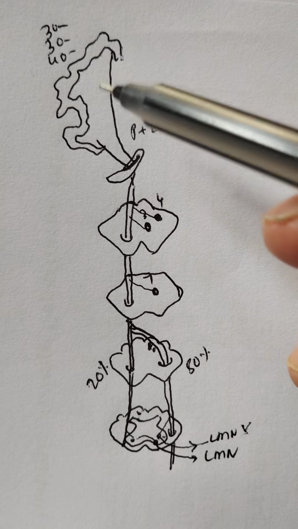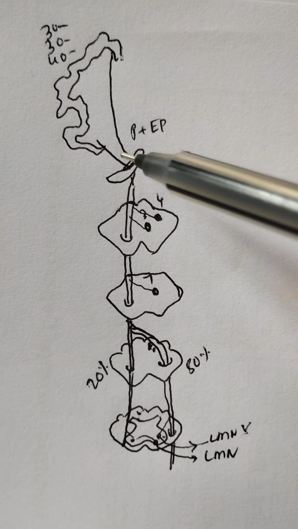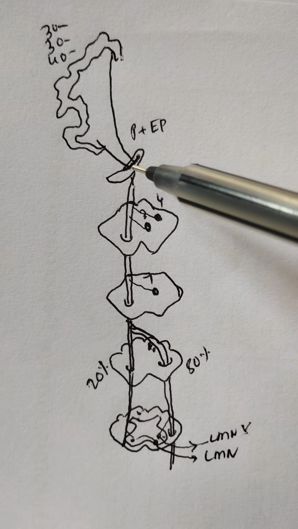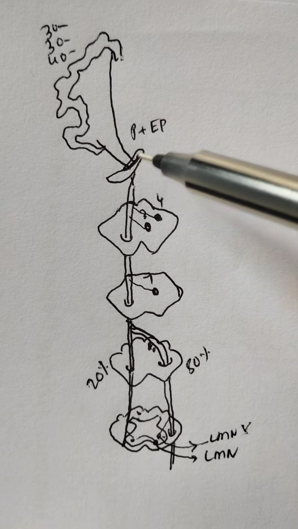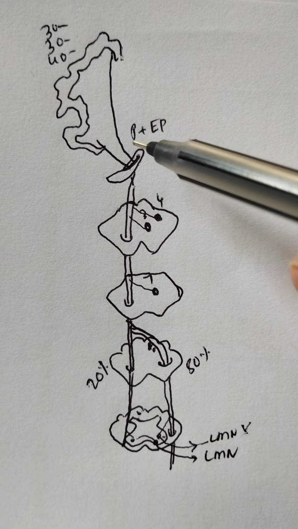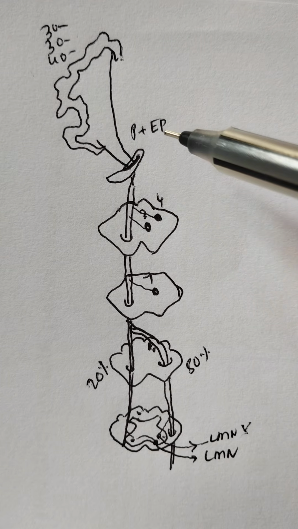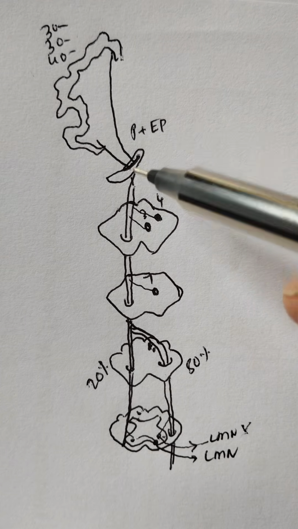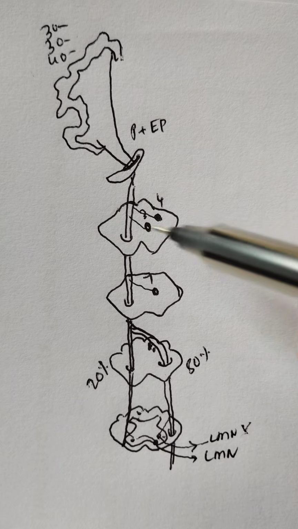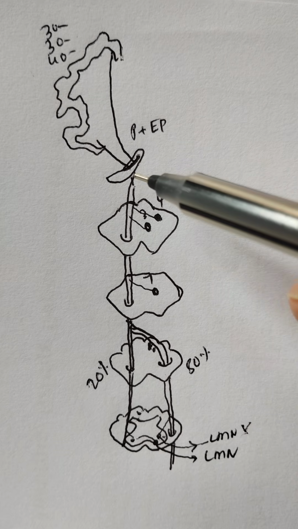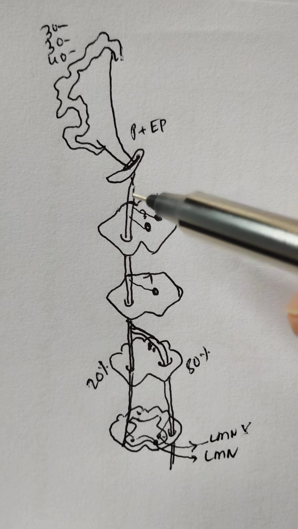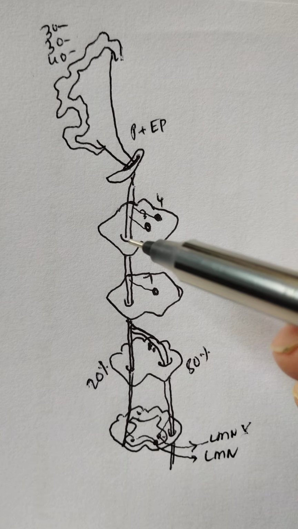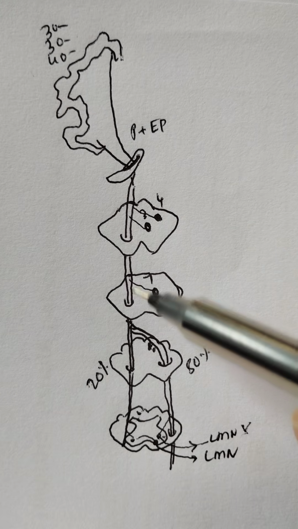The fibers from all the sides form the corona radiata to enter into the internal capsule. That is, they enter into the anterior 2/3 of the posterior limb of the internal capsule, where there will be intermingling of the pyramidal as well as extrapyramidal fibers. Then they descend down into the midbrain, where twisting of the fibers is going to occur, and the fibers enter into the midbrain, then down to